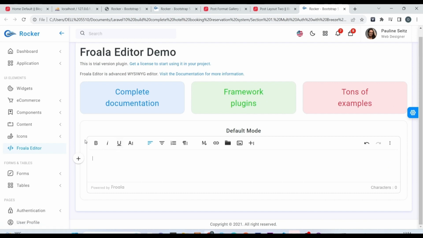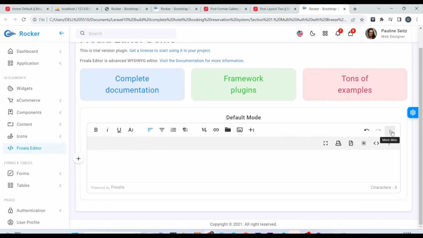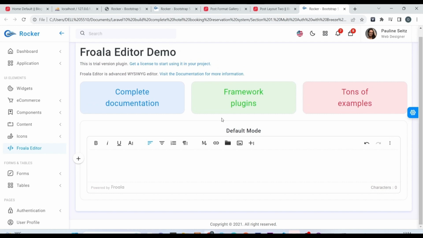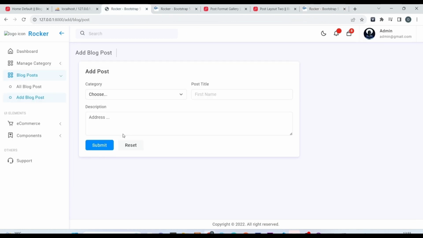We want to load something like this for our description. This text area, something that has all these functions. So to load something like that in our description here,